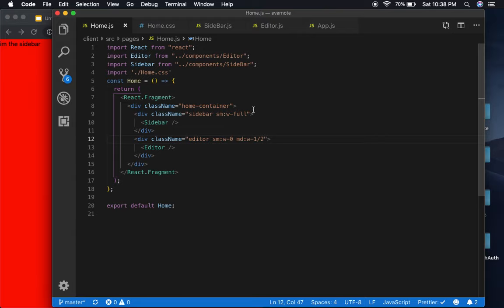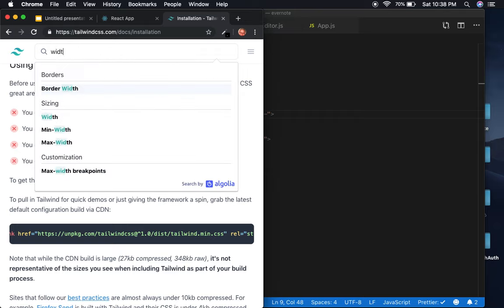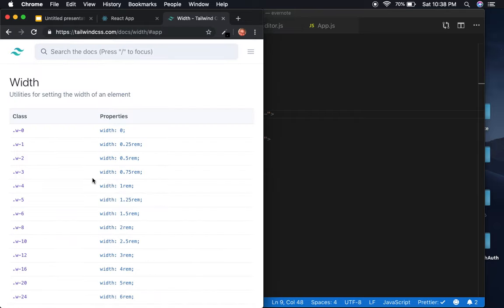And say on medium, we want the width of our sidebar to be only a couple of percentages wide. So if we go here and do width again,